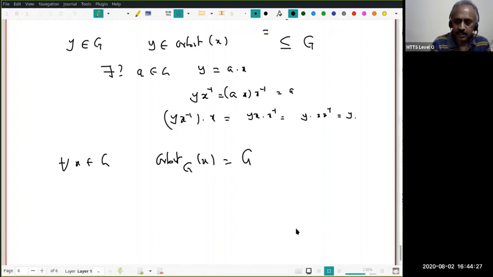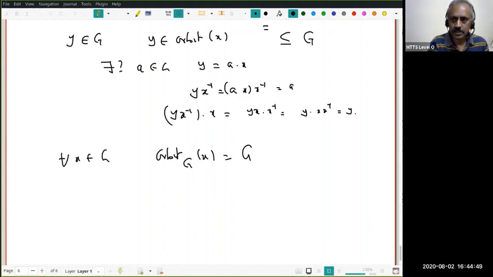That means there is no question of parallel objects here. There is only one object. You understand that? Earlier, the orbits were many, and we said the orbits are like parallel objects. Either they do not intersect, or if at all they intersect, they are identical. Here, there is only one orbit. Do you understand this? Okay. Let us look at one more example.